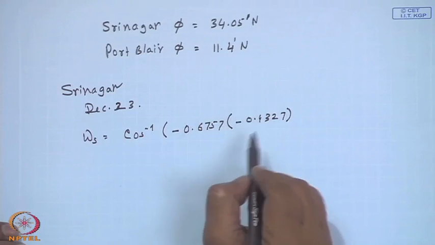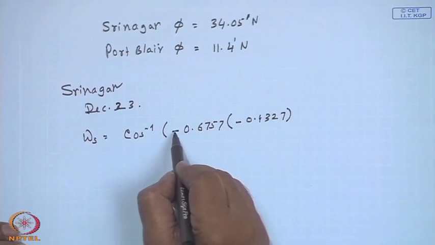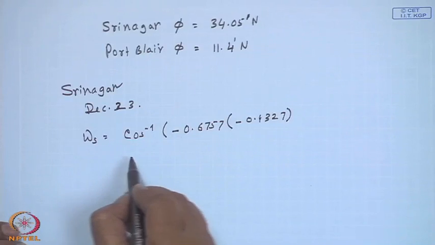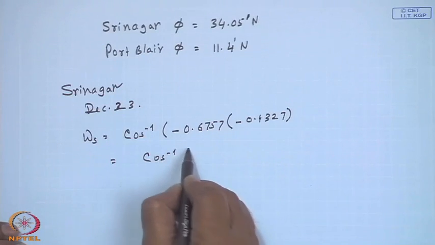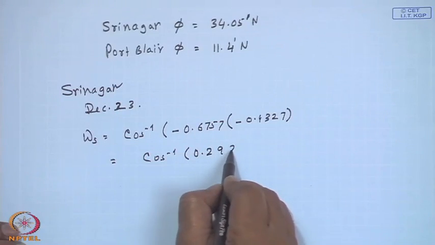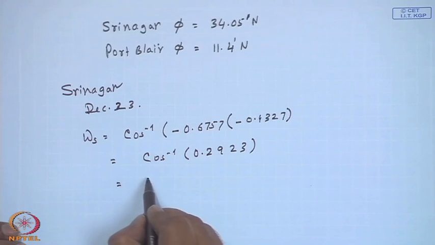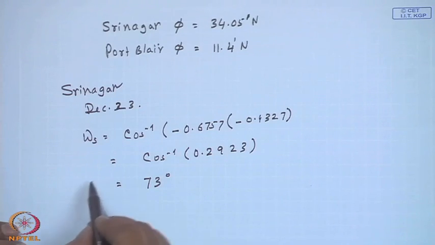Tan delta is negative, so delta is negative, tan delta is negative, and this minus is in the formula, and this is tan phi. So, this is equal to cos inverse 0.2923, which is 73 degrees. This is omega s,